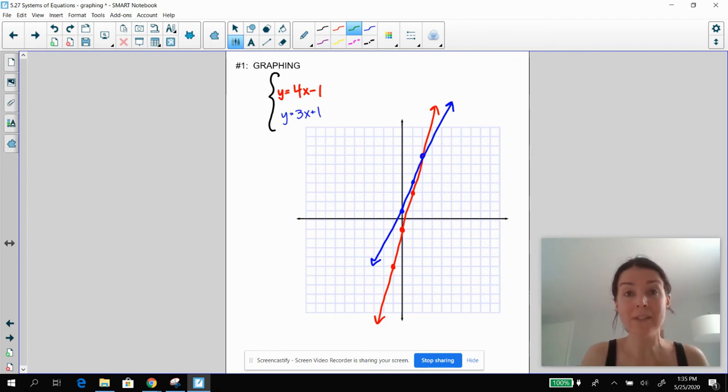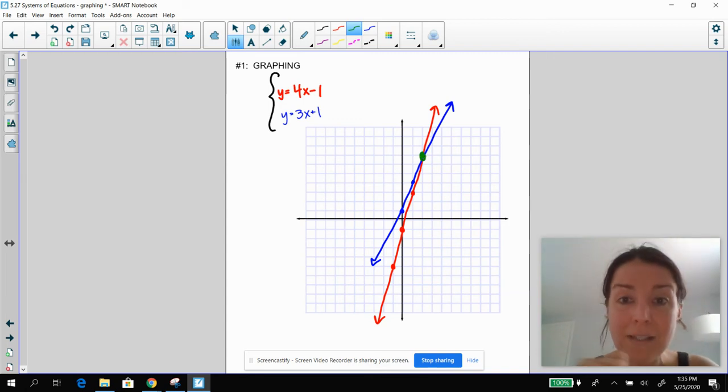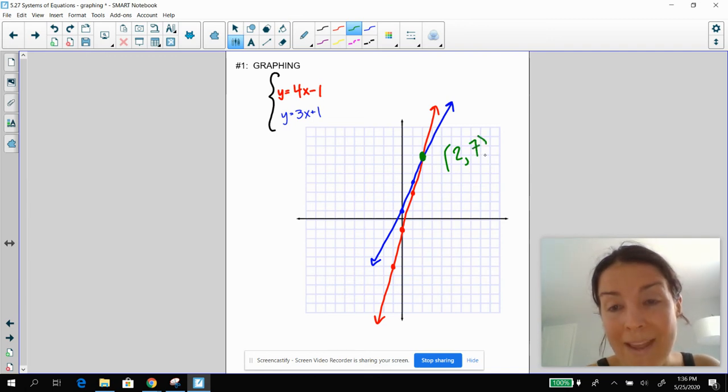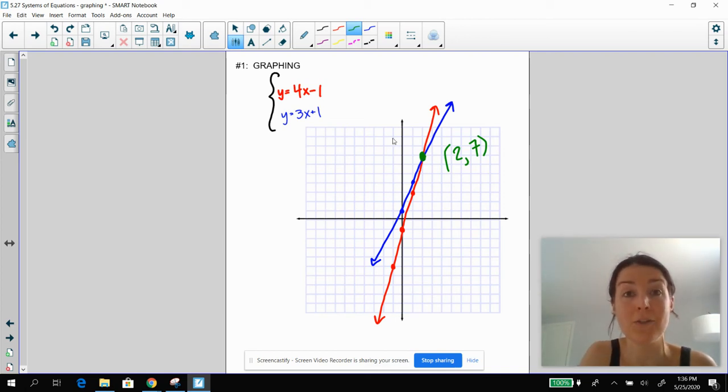So, do you have a solution to the system of equations? You do. Your solution is this coordinate point. The coordinate point 2, comma 7 is the solution to this system. That's what we call the solution to a system of equations. It's where the two lines intersect. So let's try